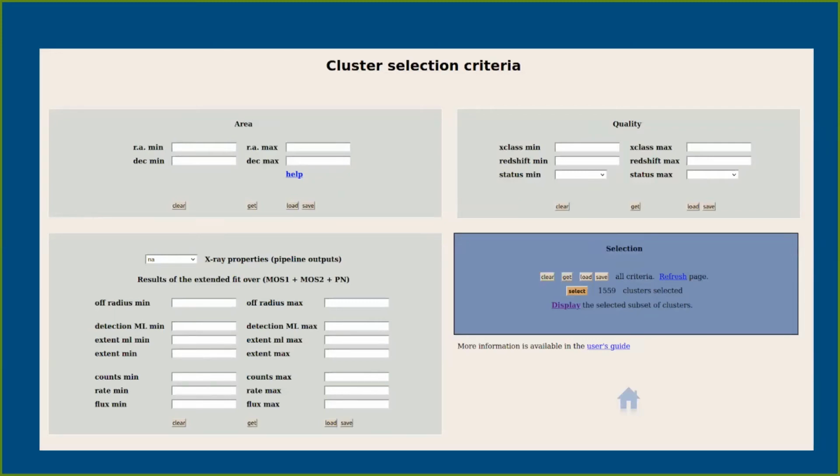And now I will just tell you about the database. So the database is now public with a catalog and the paper. So everybody can register. You don't need to be a member of the X-Class collaboration to access the data. This is the first page that you will see. You can select your own subsample,